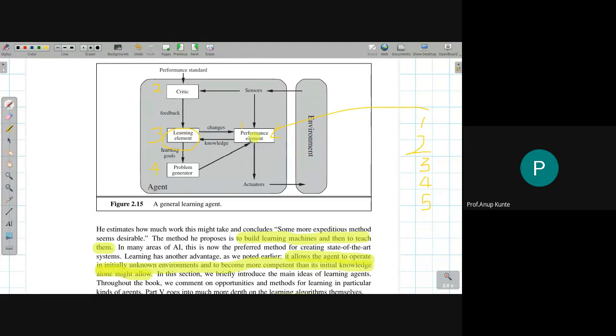What type of task environment are we working in? What is the performance measure? Then, what are the sensors for that agent? What are the actuators of that agent? That is, being able to represent the PEAS descriptors for the agent task environment. Once we have the descriptors of the agent task environment, we can choose appropriately one of the five or six agent models or agent types in order to design the solution.